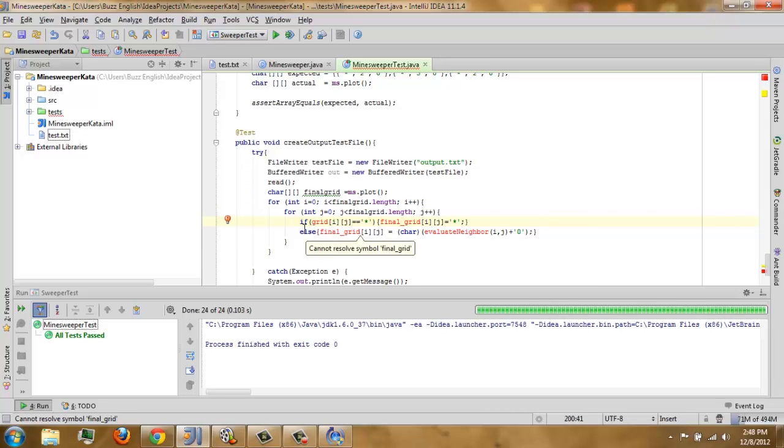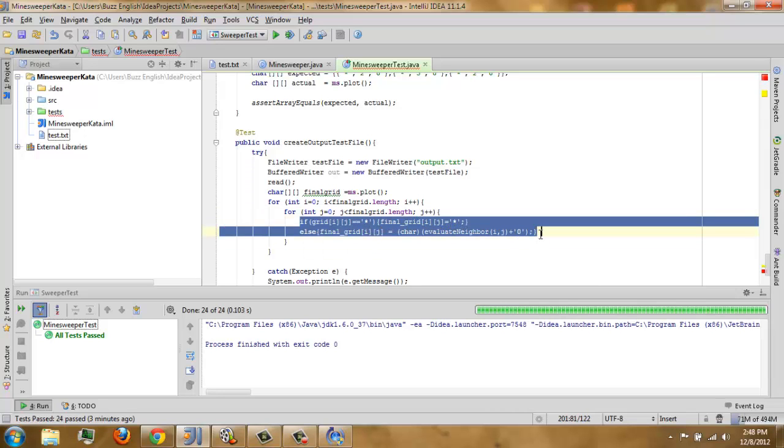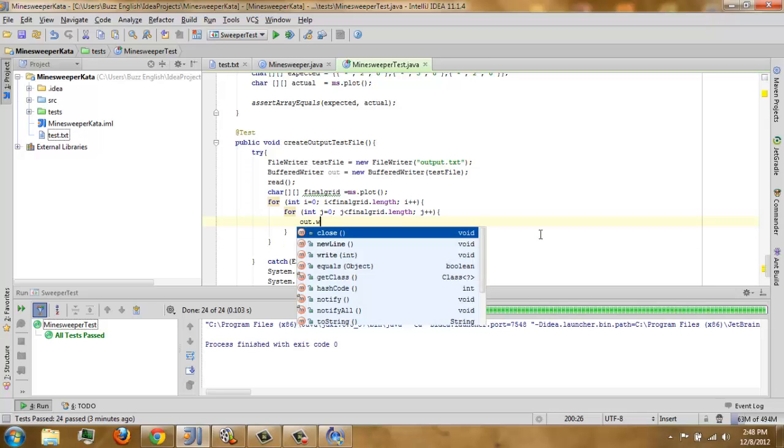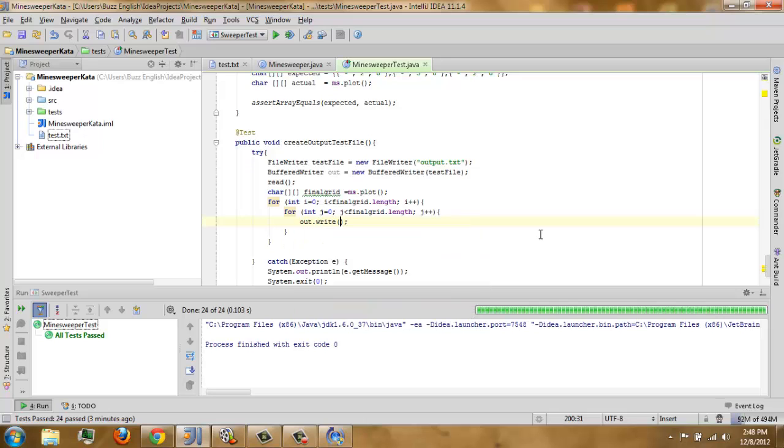So erase that if else, and we have to write our output to our out dot write final grid ij. Then output a new line after every row.